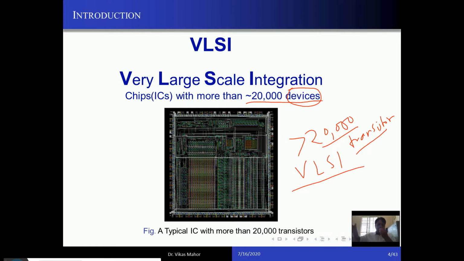If you embed, means if you make all these circuits on a single IC, on a smaller IC, that is known as very large scale integration. Because what you are doing, you are integrating, means making all the circuits on the same IC. So you are basically integrating, then you are scaling. Why scaling? Because these circuits will take a lot of space. Fine. So you are taking all the circuits on a small chip.